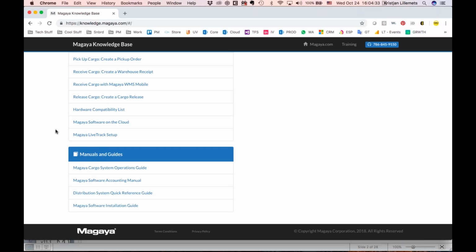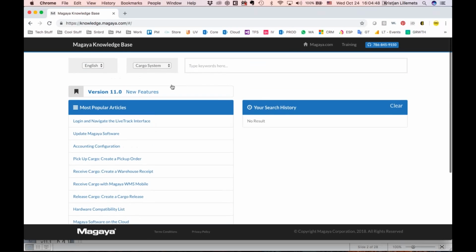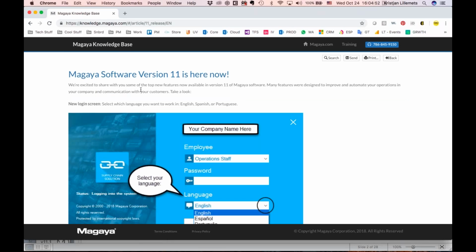Or if you want to read a more structured manual, we do still have these operations manuals down here. They might not be as up to date as some of the newer articles because they are PDFs, but they go in a more structured way. But in general, the search and then branching out from articles.